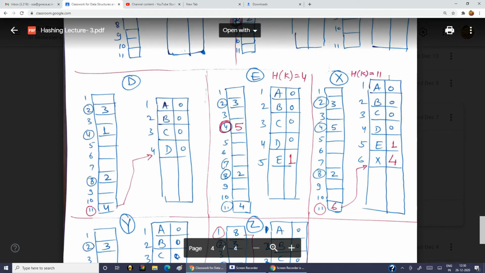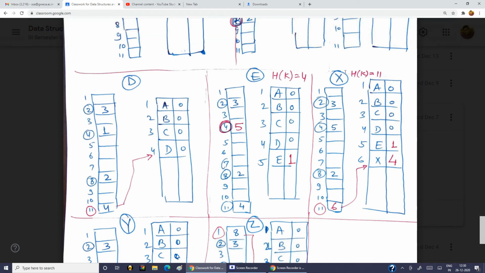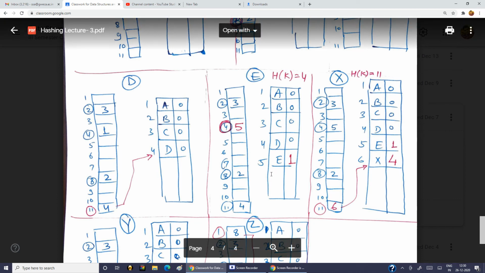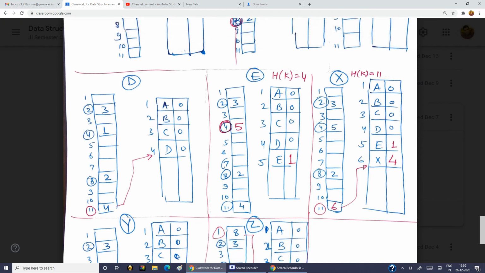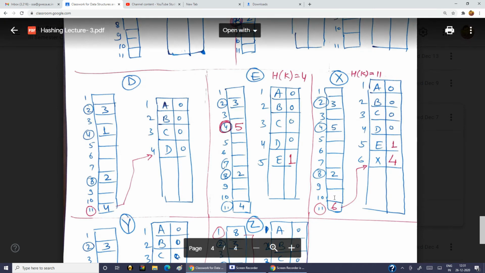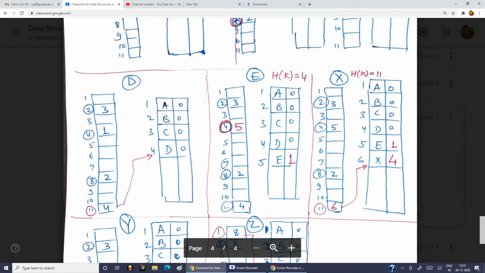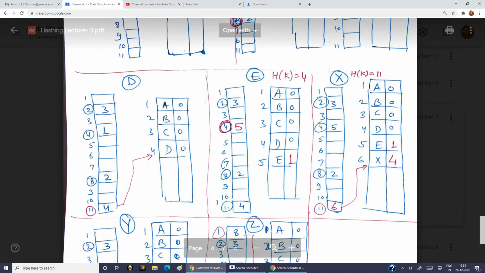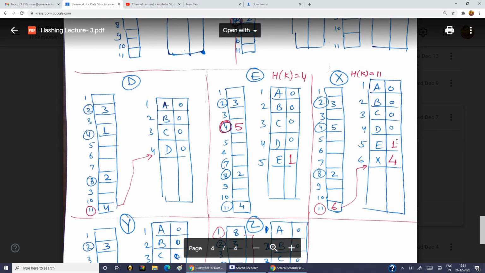Now I want to insert X. See, X will go at location number 6 only. This is going in linear fashion only because we are using avel plus. So X is stored here. In front of X, you will write 0 with a pencil, say. Now you will see HK equals to 11. So this 6, you will write at 11th position in list. But at 11th position, 4 is already there. So you will write 6 and this 4 will be shifted in front of this X, which is link field of this table.